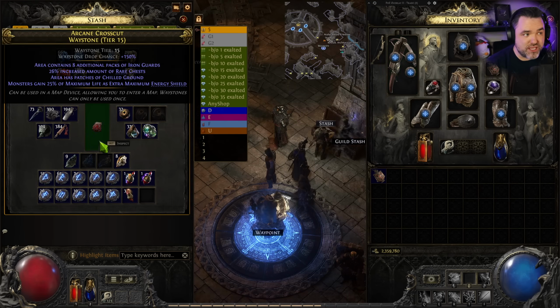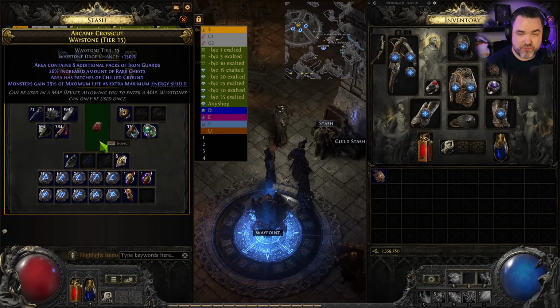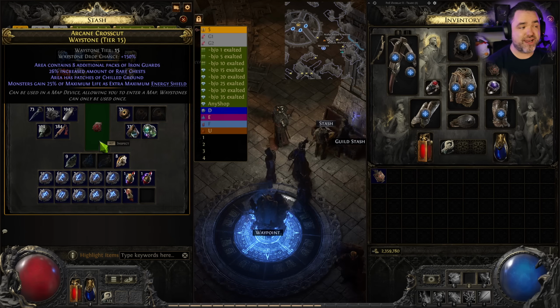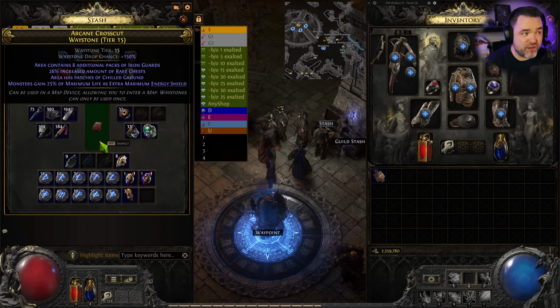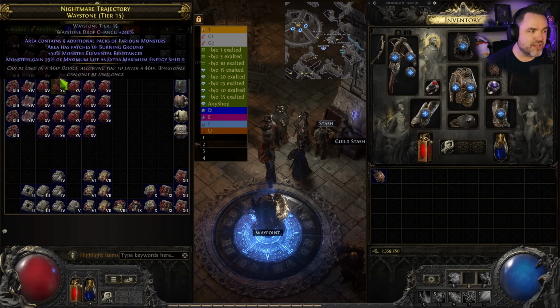You can then make these better and better. Now, the stats on these will vary wildly. Some of these will be very good. Some of these will be very bad. And some of them will be better or worse for the build you're running. Some of these may be really bad for your build and you want to avoid them. And some of them might be really good for you depending on what it is you're trying to clear in